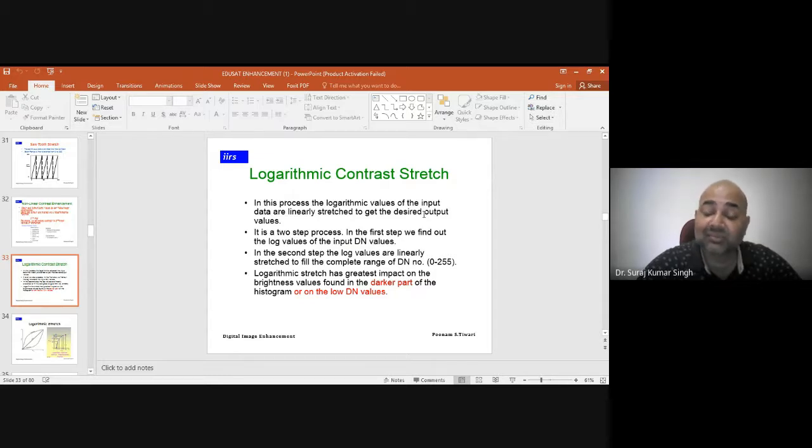And in the second step, the log values are linearly stretched to fill the complete range of 0 to 255. Logarithm stretch has the greatest impact on the brightness values found in the darkened part of the histogram, or on the low DN values.